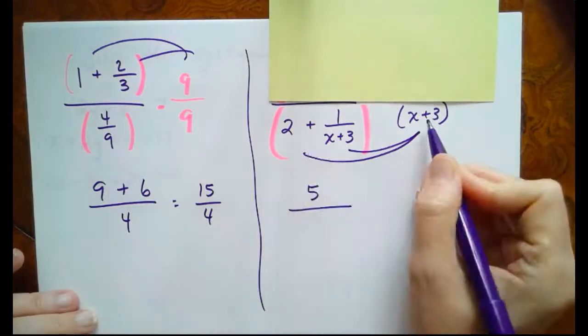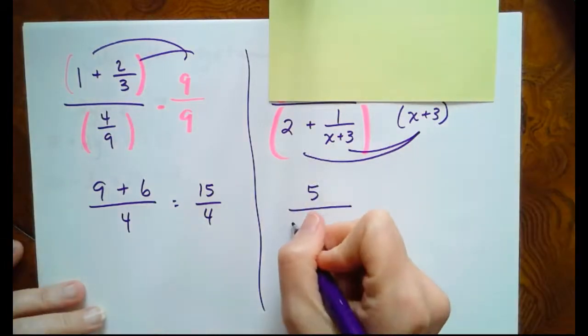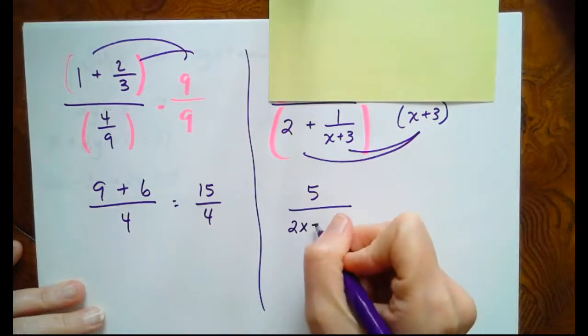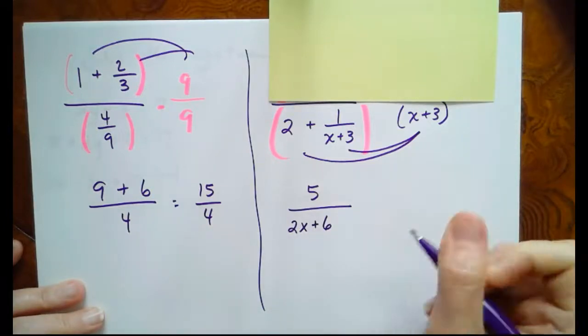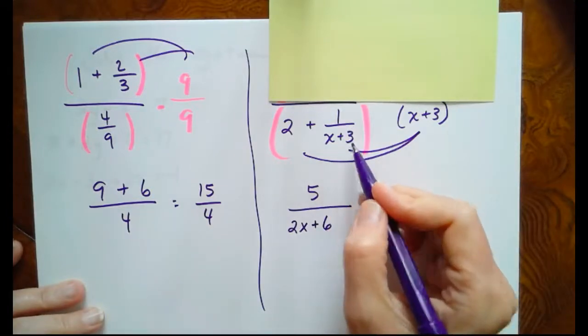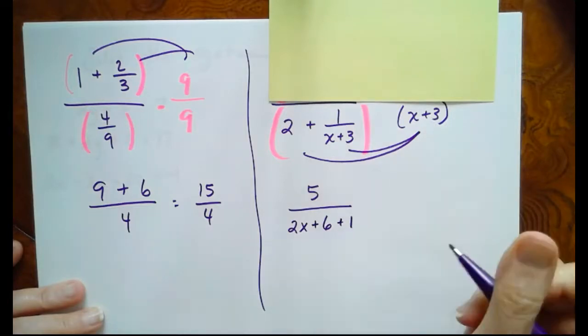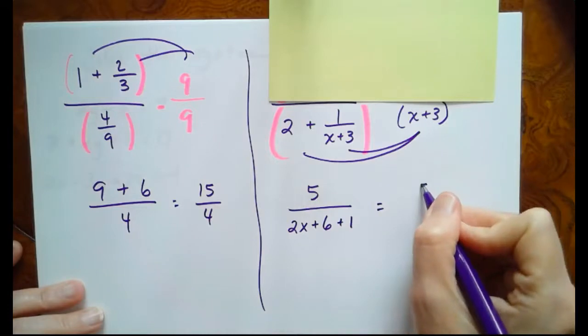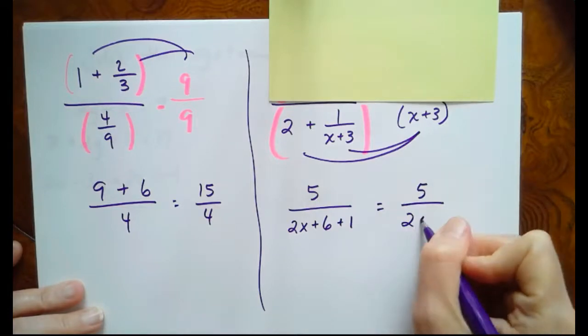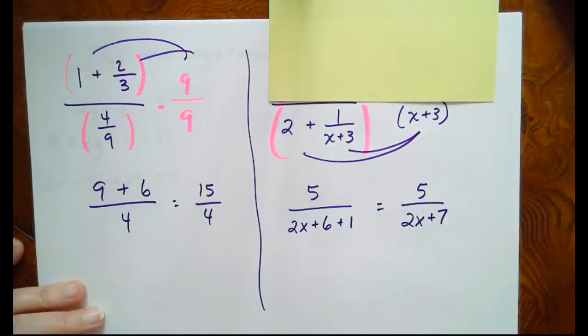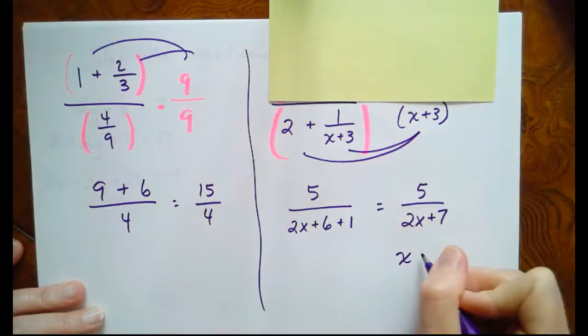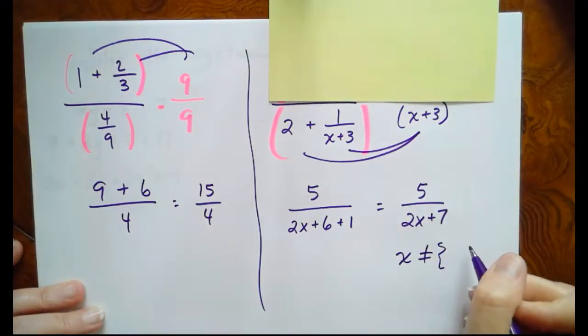So 2 times x plus 3 is 2x plus 6. And then 1 over x plus 3 times its reciprocal is simply 1. Simplified answer here, 5 over 2x plus 7, which would give us a restricted value of